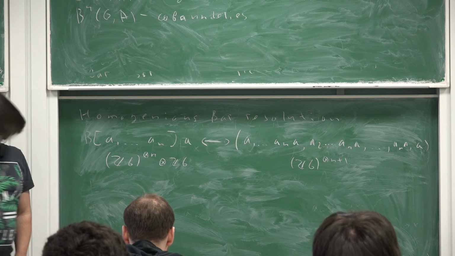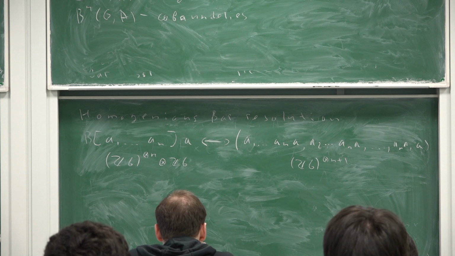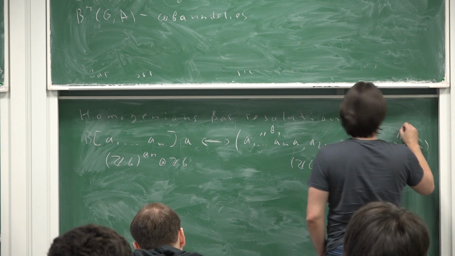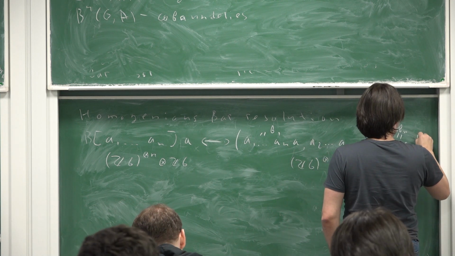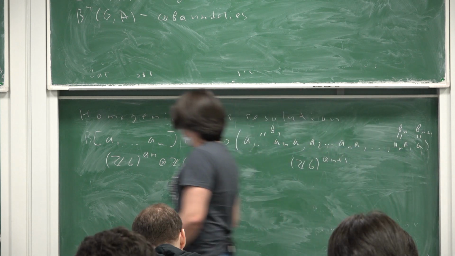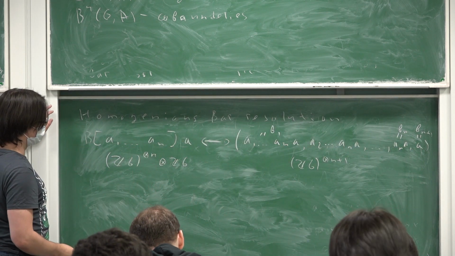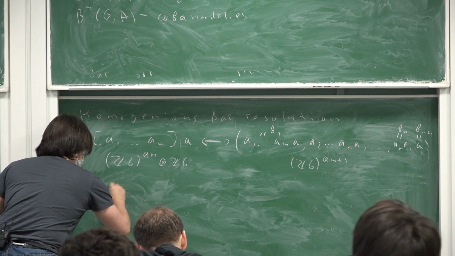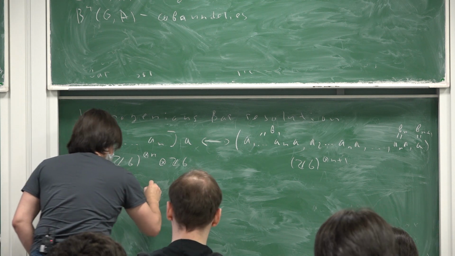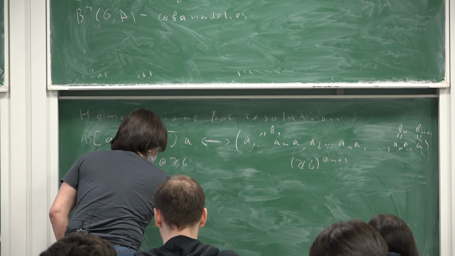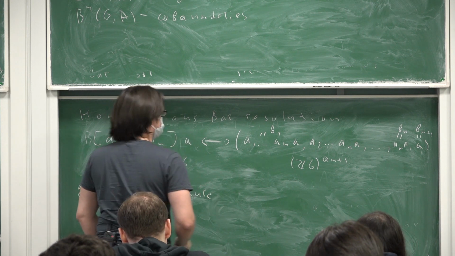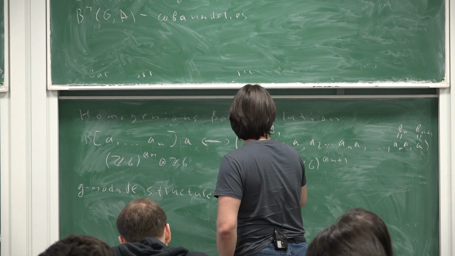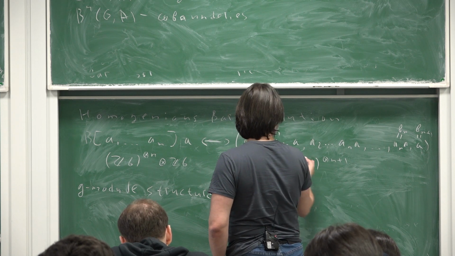Because if we denote this by b1, so on, bn plus 1, then the G module structure on this resolution